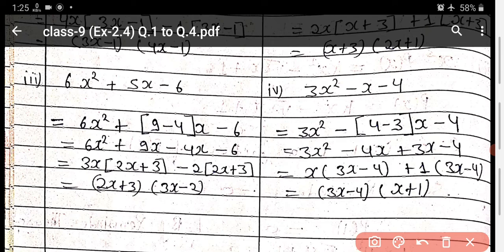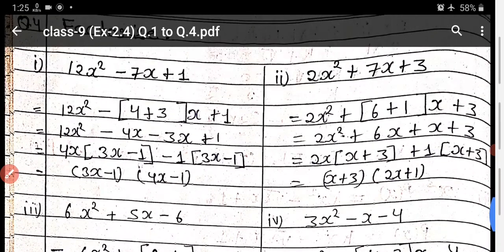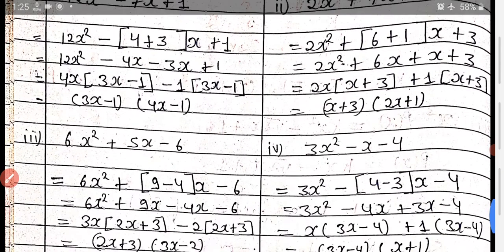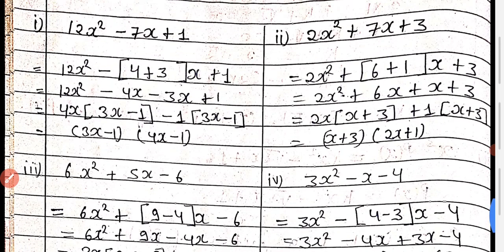So just concentrate on the first question, whatever I am telling you on the board. If you know that method, then all are very easy. I simply explain, you have to understand by yourself, because in one question I am explaining that method deeply. You will also study the same method in class 8 and 7. Okay, if you have any doubt in this question, you can ask me now.